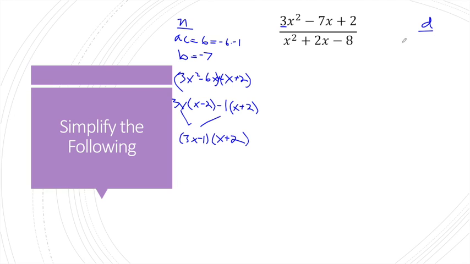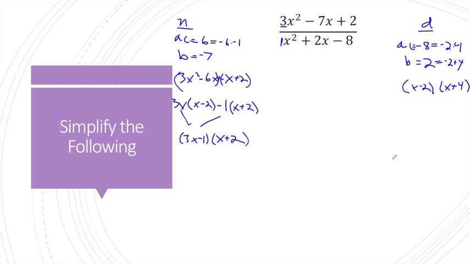So I need to find the factors of AC, which is negative 8, that add up to B, which is 2. So I could write that as negative 2 times 4, and negative 2 plus 4 is a positive 2. So I know I can rewrite my denominator as x minus 2 times x plus 4. Remembering I can do that because my leading coefficient A was equal to 1. So now we have our new